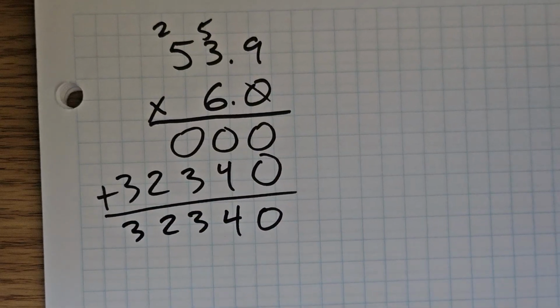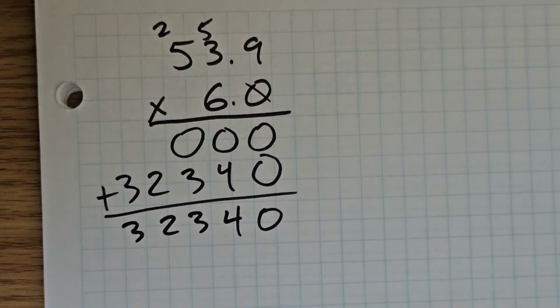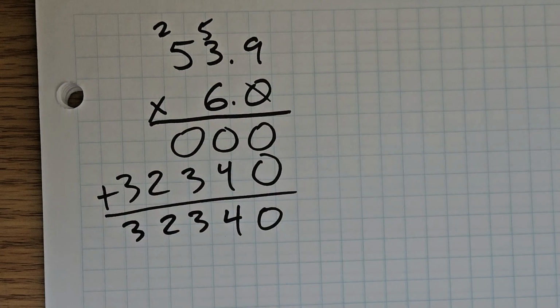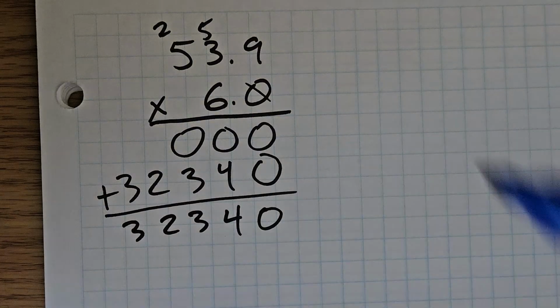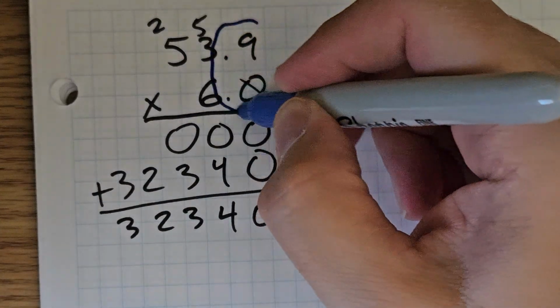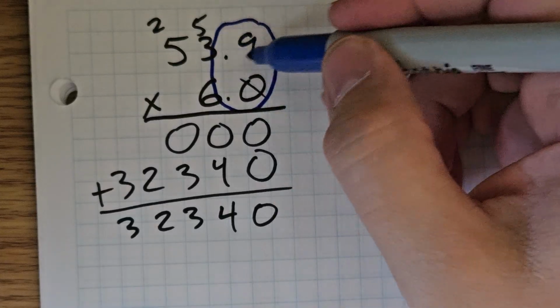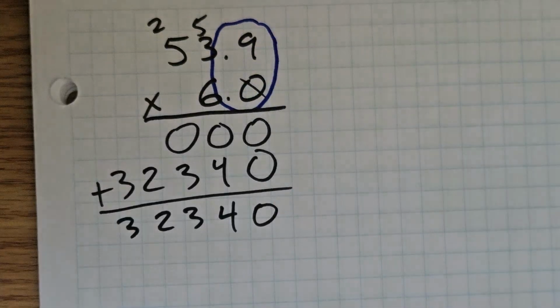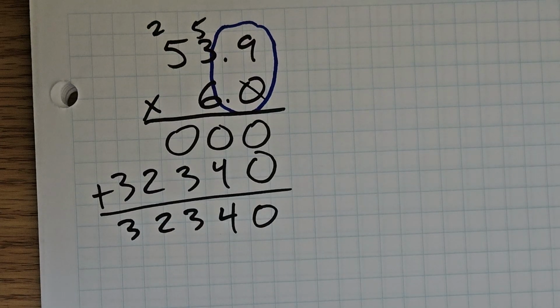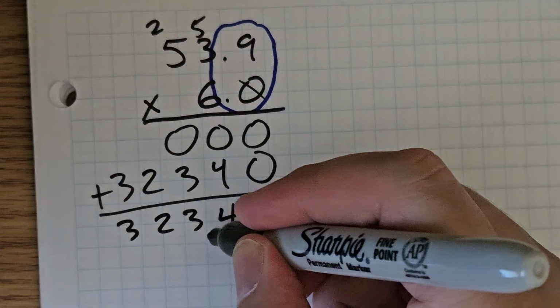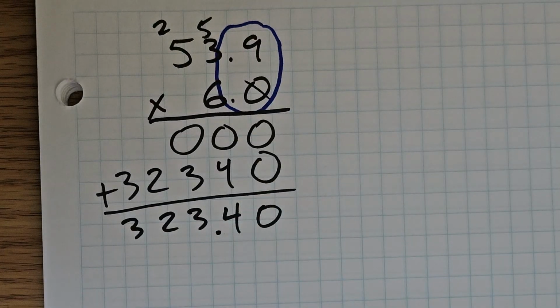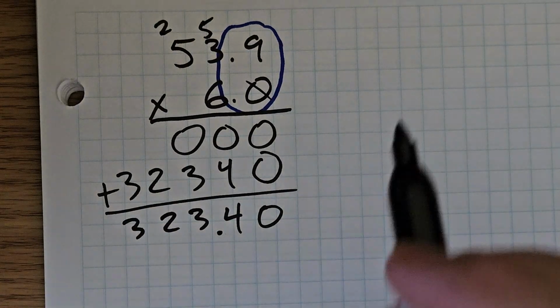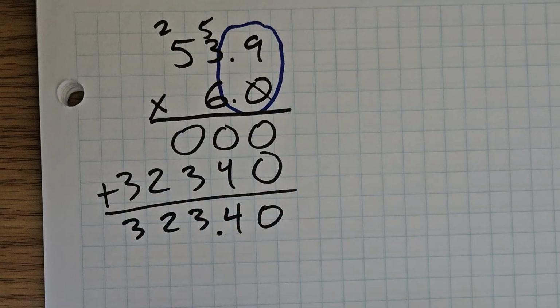Now I'm going to care about the decimal point. I'm going to count the total number of decimal place values in my factors right here. There's a decimal place value here in the tenths place and another decimal place value here in the tenths place. So that makes a total of 2 decimal place values. So my answer needs to have 2 decimal places. And so I get